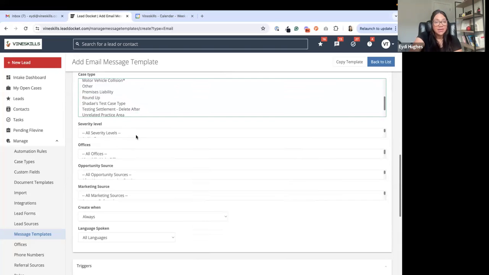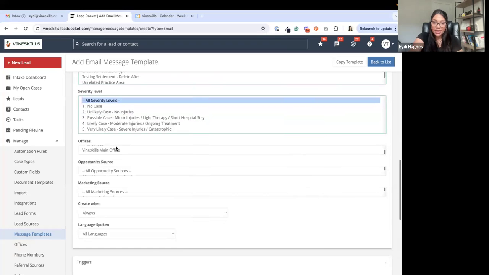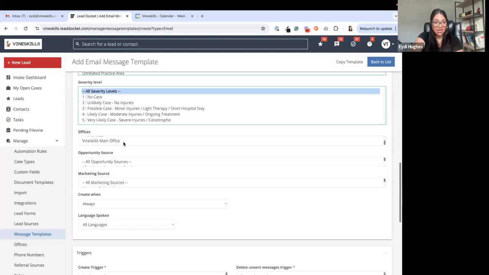Then we also have the severity level. You might want to customize your messages so that if it's a case that you really want to sign up, maybe your language is different for those chase messages. Again, I'm using chase as an example, but you can customize messages to go out whenever throughout the intake process. So that's an option too. And then we have offices. If you have several offices, that's an option that you can select. And the other ones are pretty self-explanatory